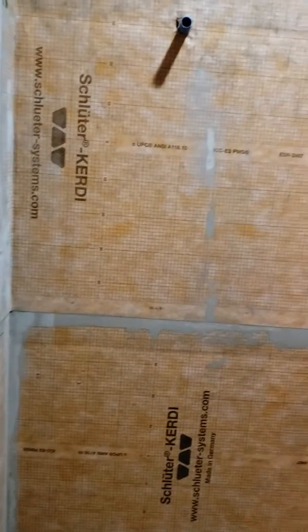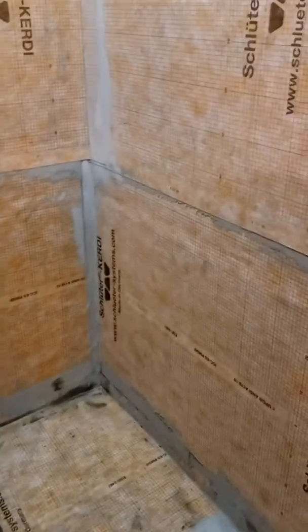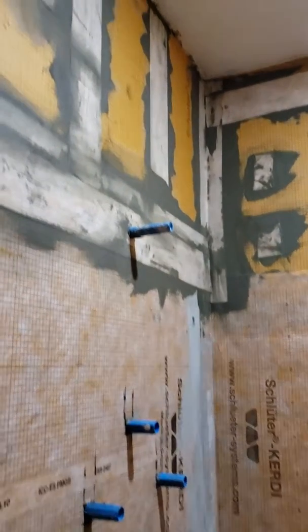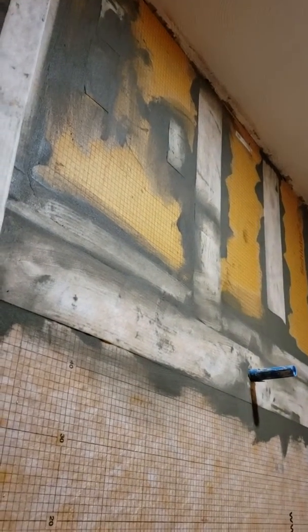We got our shower ready for tile on the floor, tile on the walls, and all the waterproofing is done. That Kerdi board there doesn't look too pretty, but that's sort of the way it looks like in these pictures. 2-inch overlap everywhere. Ready for